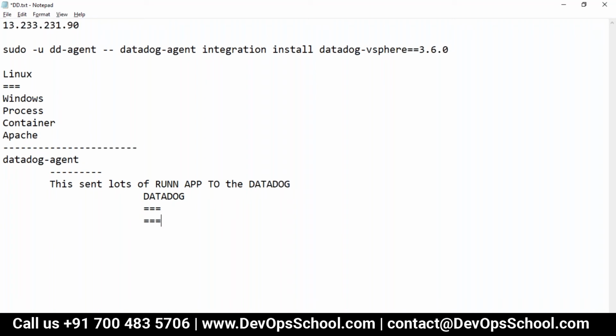Let's say Docker. I'll show you that when I install Docker. So Datadog advises, I have detected Docker in your machine, and we have an integration available also.